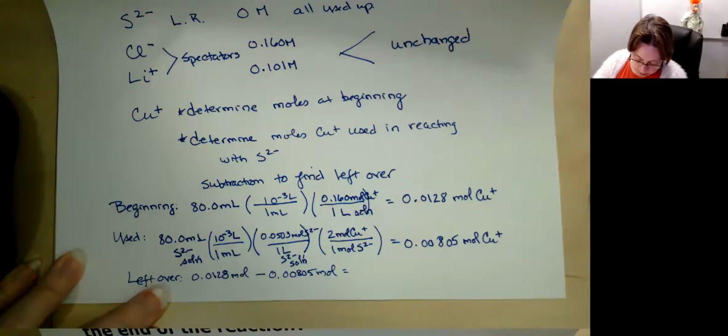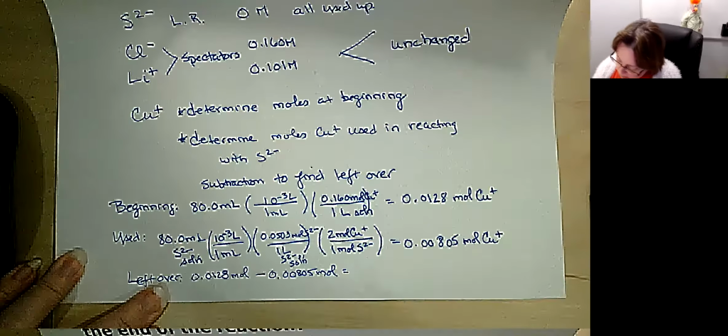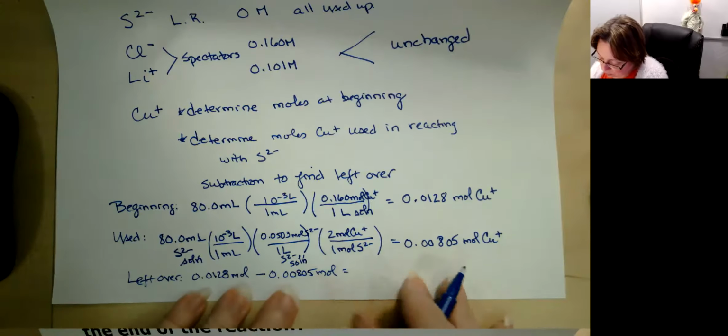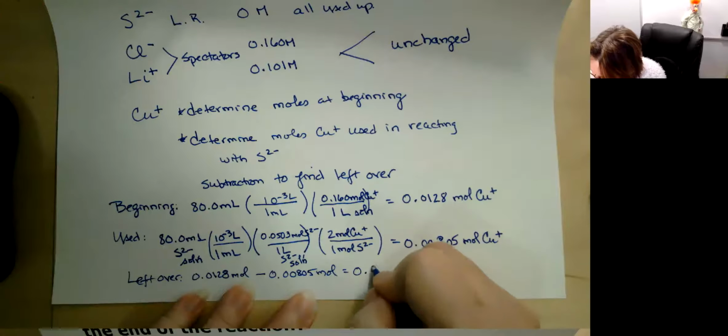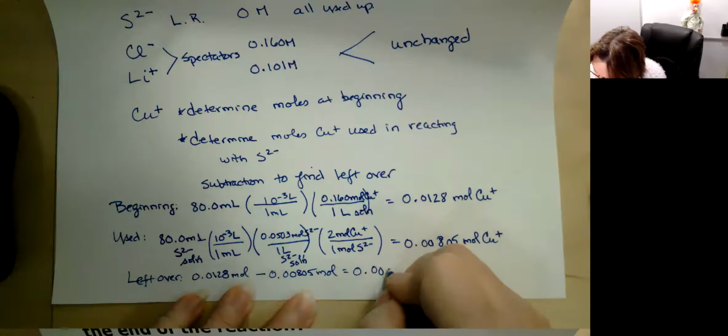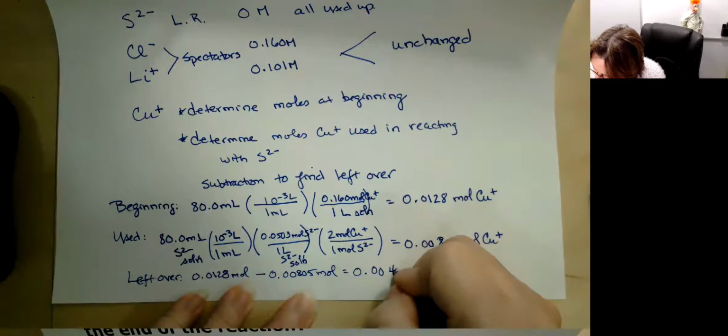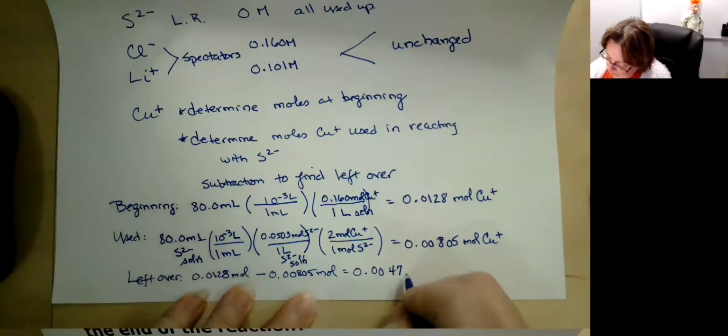And when we do that subtraction to the right number of significant figures, remember we're doing adding and subtracting, so it's decimal places, not total number of significant figures. We get to 4 decimal places, 0.0047 moles